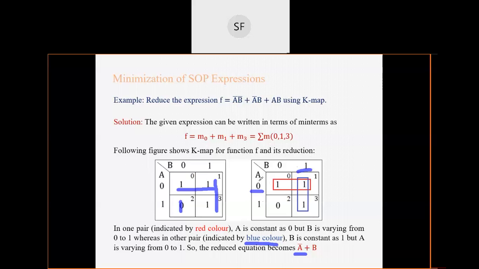So hence A will be eliminated and finally you will get B. So this is the reduced equation, A bar plus B, and we have reduced this equation by using the K map. Initially our equation was like this and finally we reduced it by using K map and got this reduced equation. So I hope you got this concept,